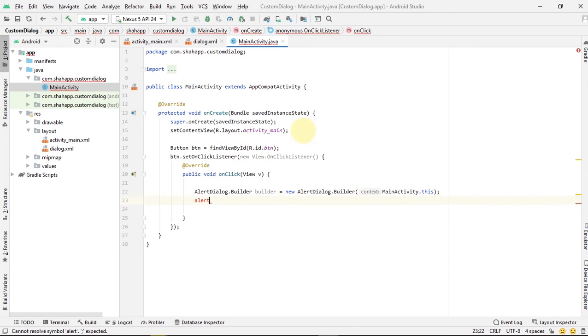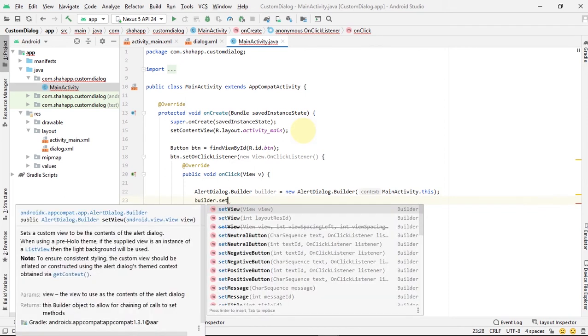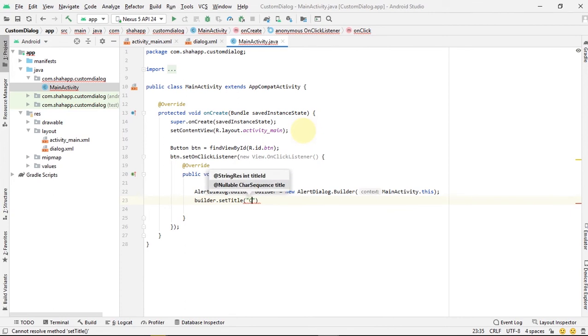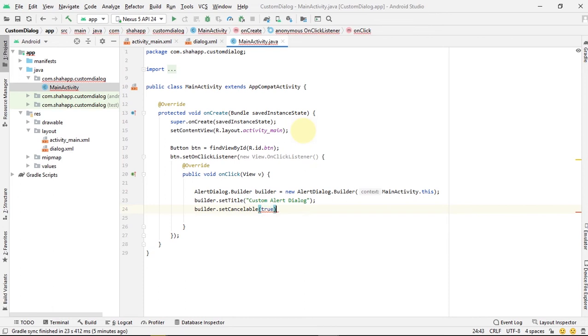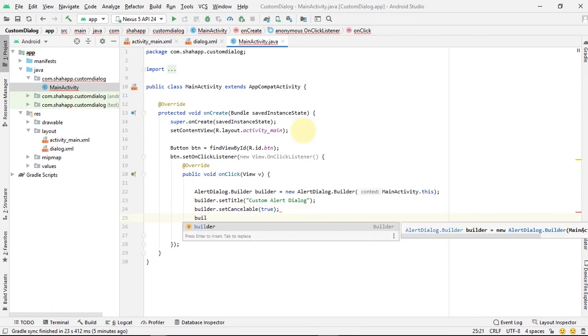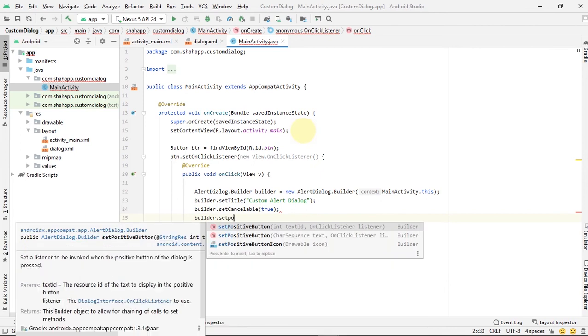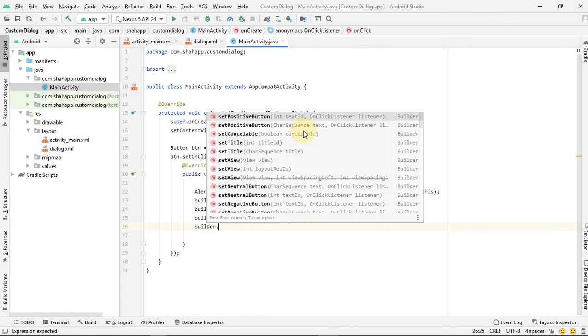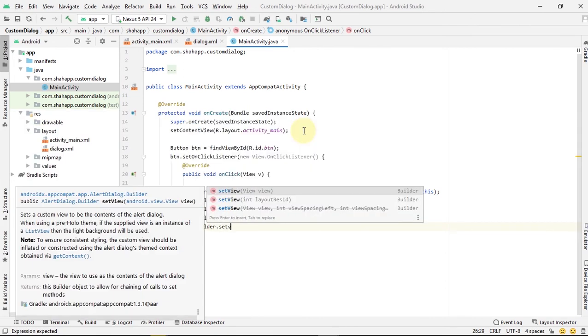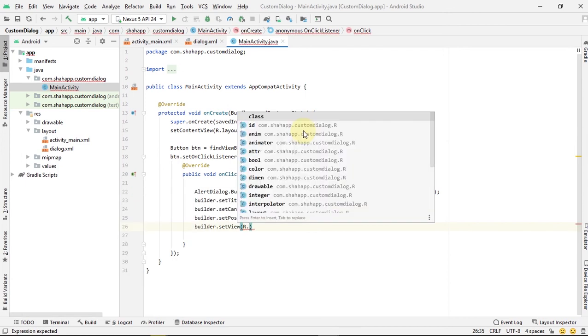We can use a setCancelable for our builder, and we can use a setTitle. We can add a positive button to our builder, set its text to OK, and for the click event we use null. Now we use the builder setView and pass our dialog layout file, which is